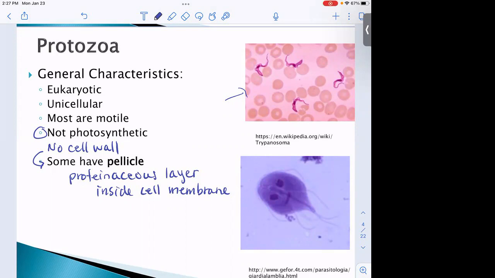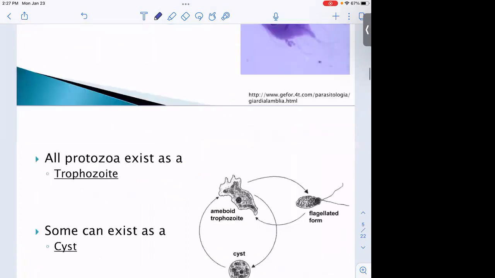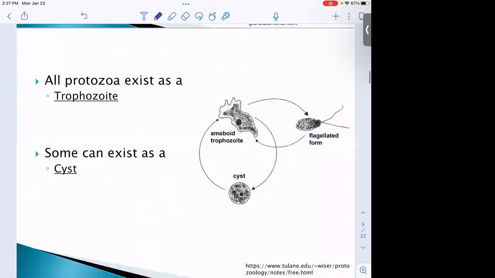So trypanosomes, here's another one, Giardia. Those eyes are not eyes, those are two nuclei. It's hard to make that out on that picture there. Giardia is the reason that you don't want to drink water from that pristine mountain stream, no matter how clear it looks, because if you get some Giardia in there, it's going to give you a bad case of diarrhea. So lots of free living protozoa. I'm more interested in the parasitic ones, so we'll talk a little bit more about that.